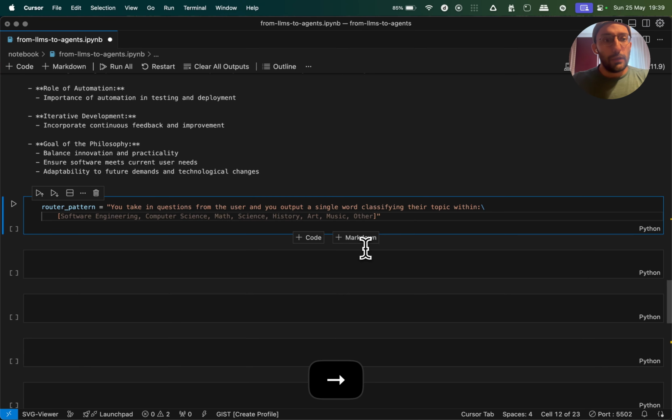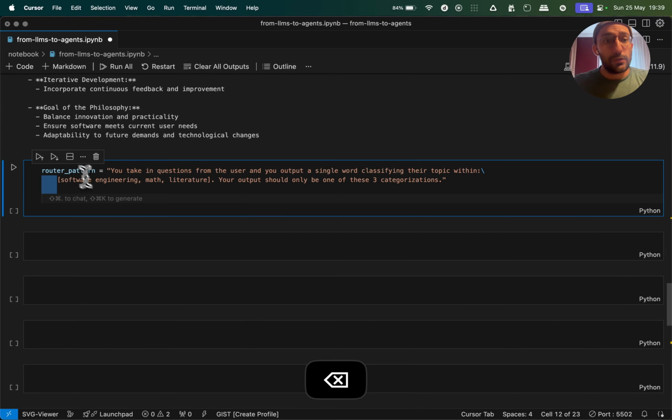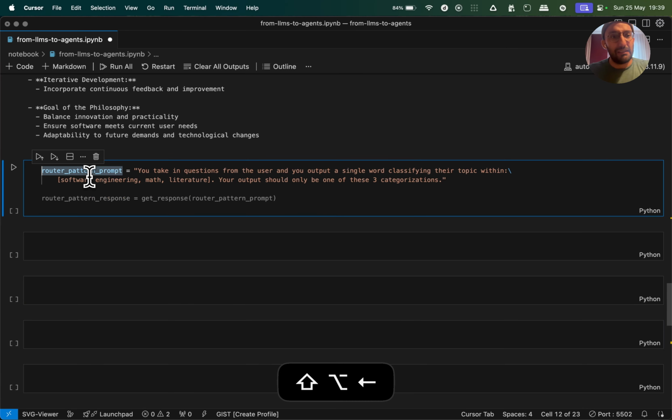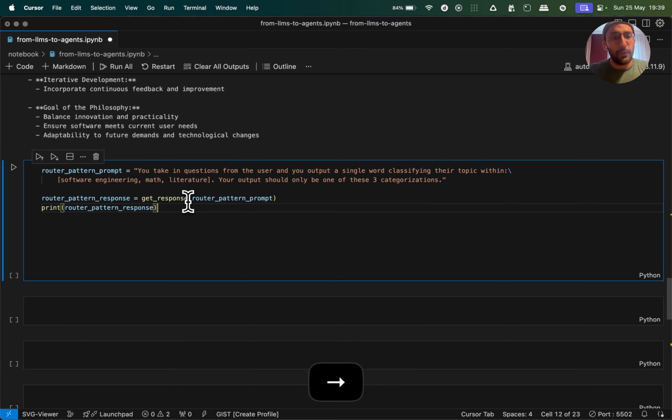We're going to say software engineering, math, or literature, okay? These are the 3 options. Your output should only be one of these 3 categorizations, okay? So let's try that. I'm going to call this the router pattern prompt. That's a terrible name, but we're going to try it out. So we're going to try router pattern prompt, and then print, okay.